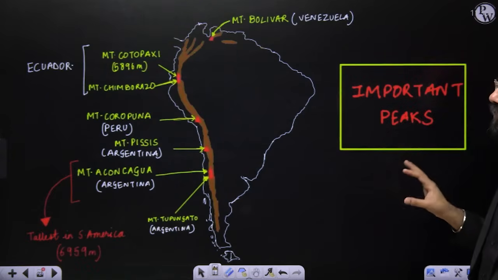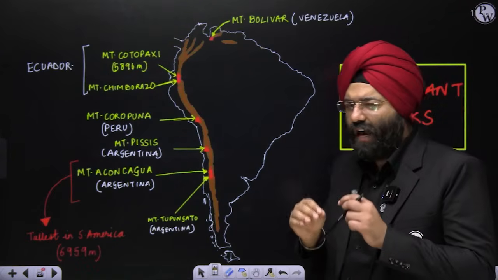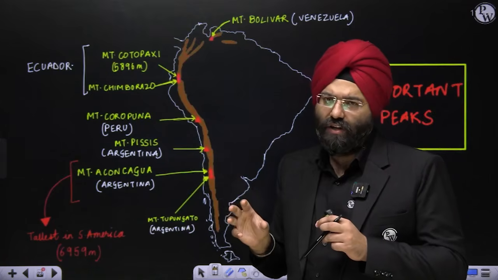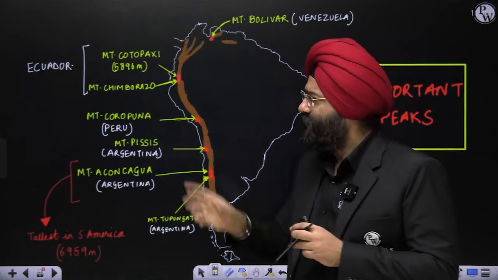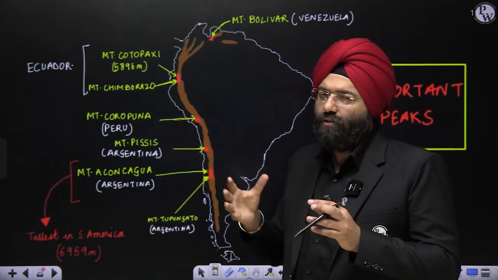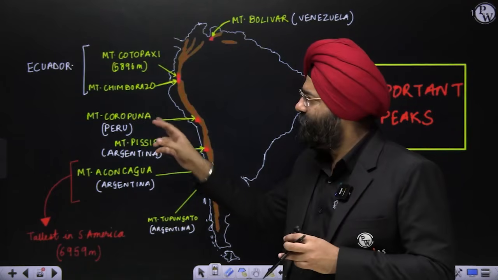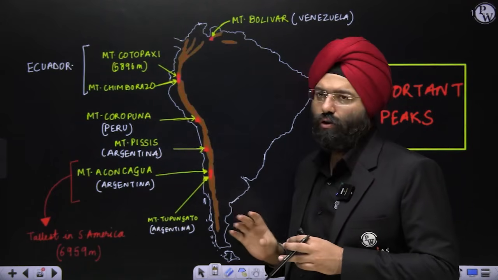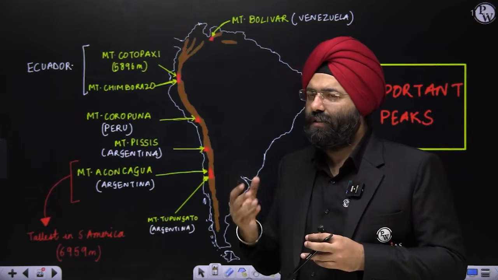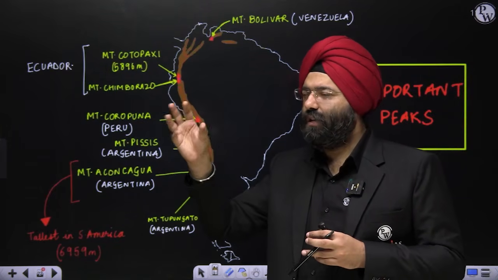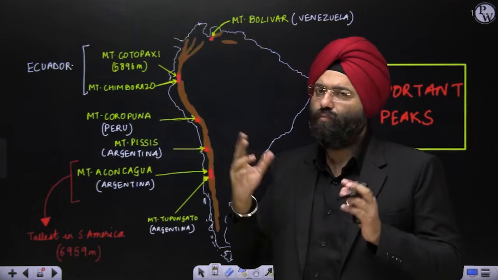Then comes the important peaks. Now these are certain peaks which we have been covering in every particular continent. When we are doing every continent, please remember the important peaks become very, very important. Out of these only the questions are generally asked. So I have mentioned the countries also along because there is great possibility that when they ask a peak, they can associate it with a country and ask you to match them.